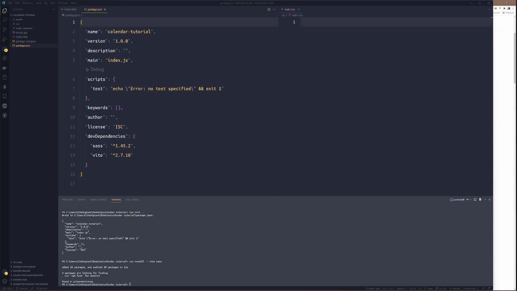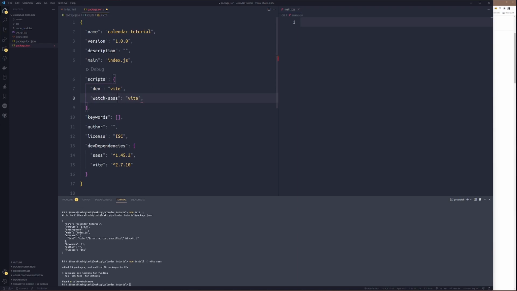The next thing I need to do, I'll change the script here from test to dev. Then I'll change this one to vite. I'll duplicate it. Then for SASS, I'll type watch sass, so that whenever we run this watch sass, it will compile our code down to normal vanilla CSS.